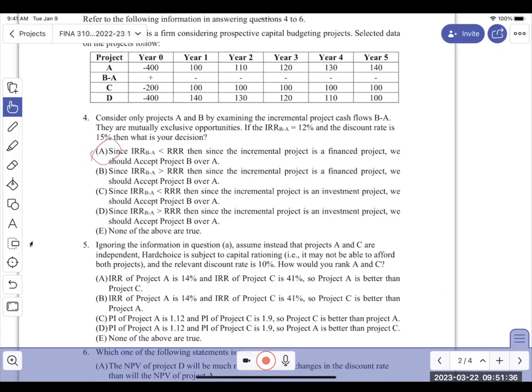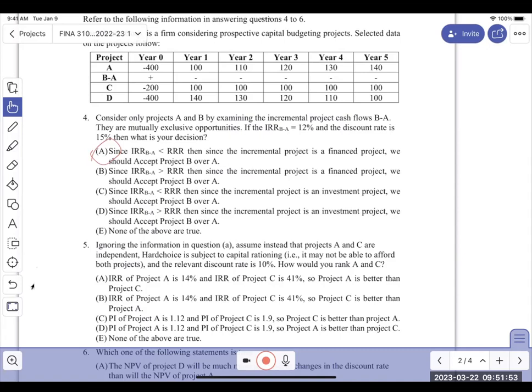You're going to make sure this is correct about the IRR of A, the IRR of B, and then you're going to verify the profitability index of A and the conclusion and the profitability index of, okay,